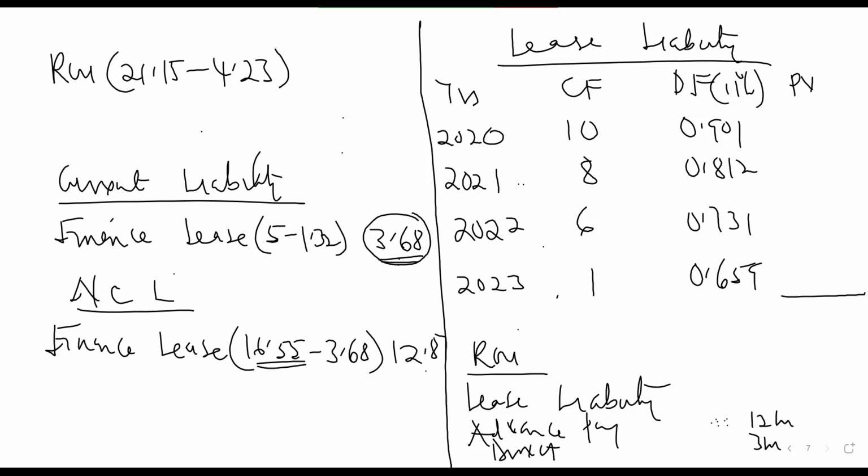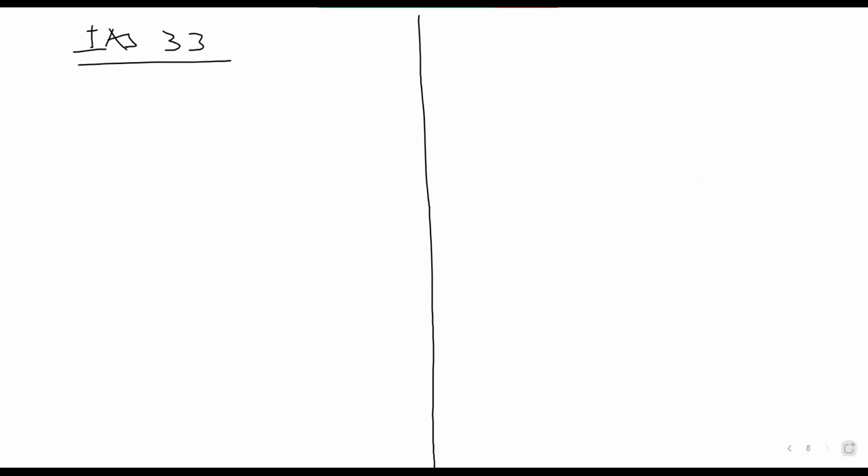Okay. Let's count to this. This is earnings per share. You have to know that earnings per share looks at only two types: we have the basic earnings per share and we have the diluted earnings per share. The basic earnings per share